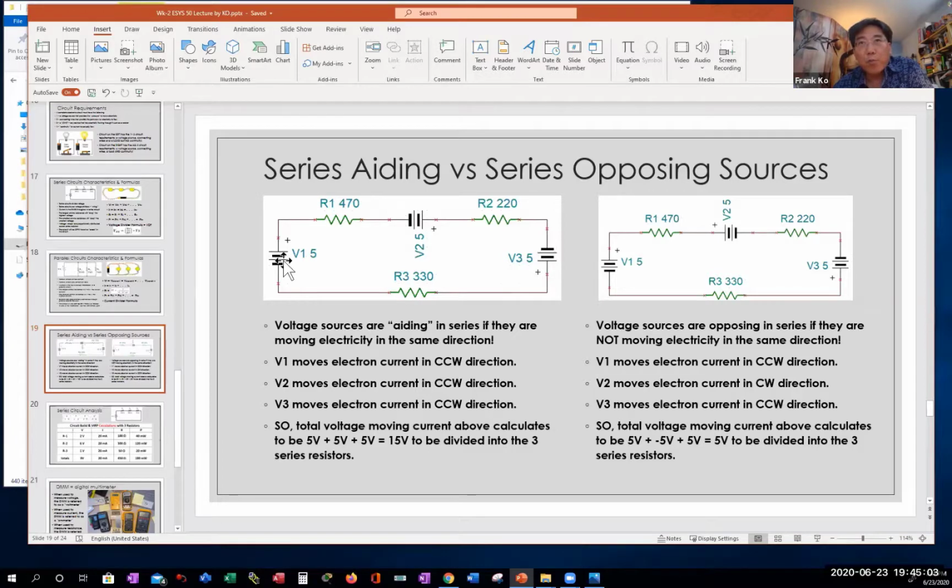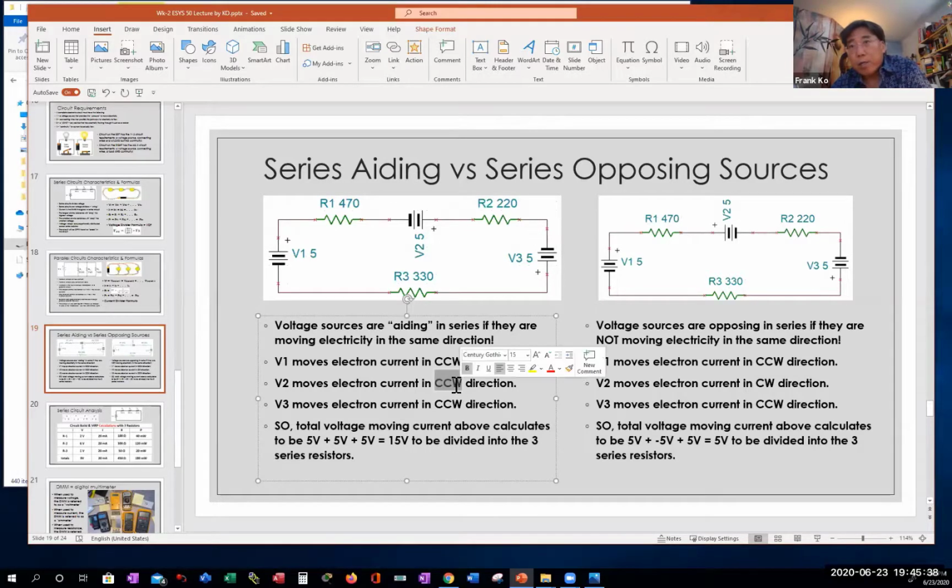So this infers what type of directionality for the first voltage source. It wants to move electrons in the, I wrote down CCW, counterclockwise. Everybody in agreement with that? Take a look at the second voltage source, V2. V2 is at the top, center. And the electrons want to leave which plate? The negative plate. And if electrons leave the negative plate, which direction does V2 want to move electricity through the circuit? Also CCW,